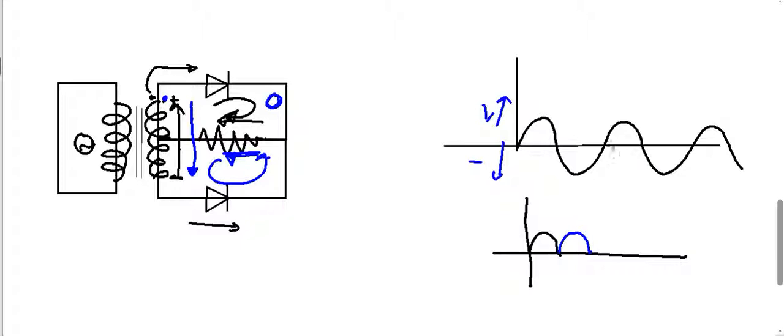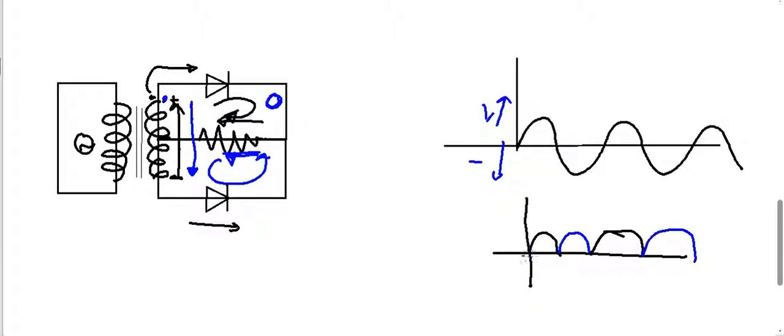Similarly, when this cycle ends, the first diode becomes forward biased again and there will be a current like this. And when the polarity is reversed again, the lower diode becomes forward biased and the current will flow.